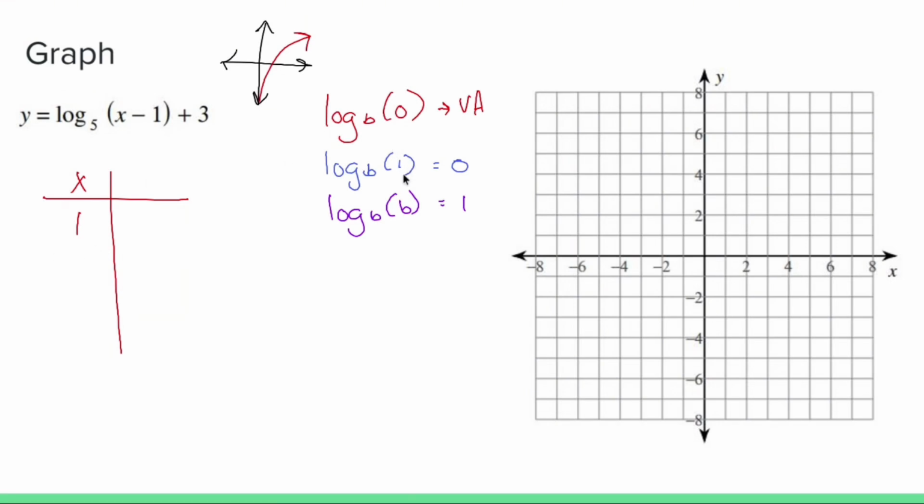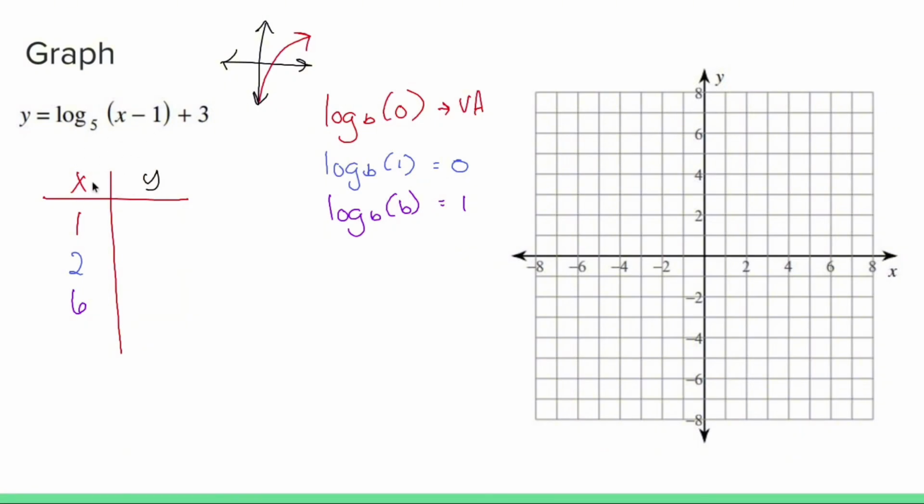Point number 2 is the number that allows this parentheses to be 1. So if I have x minus 1 equals 1, add 1 to both sides, that gets me an x value of 2. The third x value is going to be the x value that makes my parentheses b, which is 5 in this case. So x minus 1 equals 5, add 1 to both sides, you get 6. Okay, now that I know that,